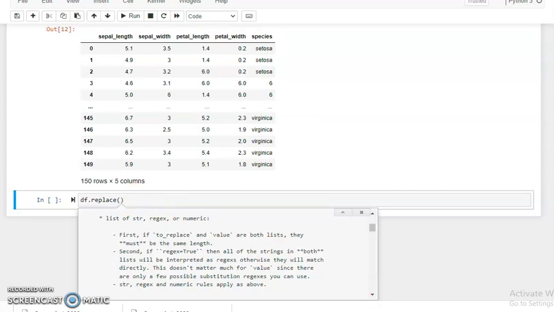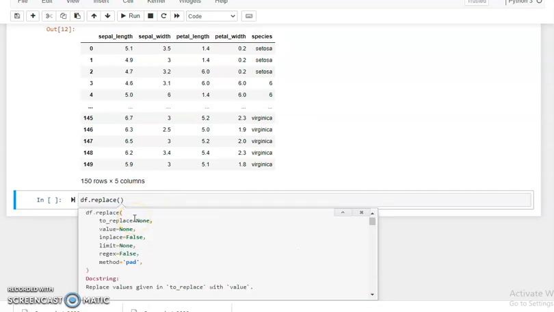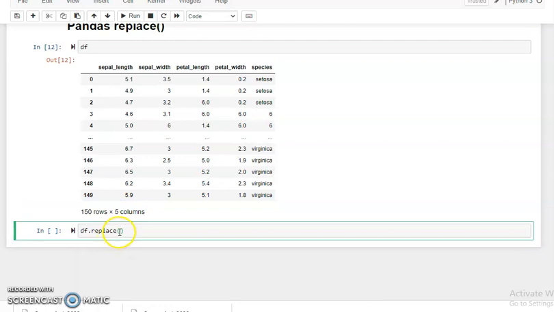So first we use the replace function with the parameter to_replace. Let's understand how it works. First we write the parameter to_replace equal to, and suppose we need to replace Setosa or Virginica.